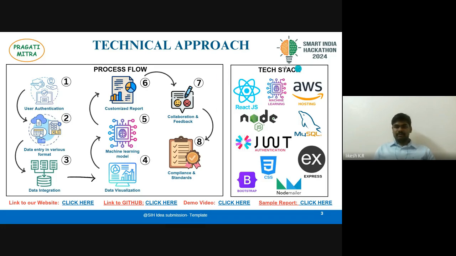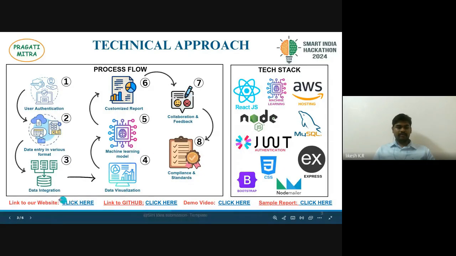After that, we have included the tech stack that we have used. Rather than going with text, make sure you use icons so that it will not look monotonous. The evaluator will go around hundreds to 200s of PPTs. So if you think your PPT needs to stand out, make sure you use these pretty icons when and where you can implement them. So this is the process flow, and then this is about the tech stack.